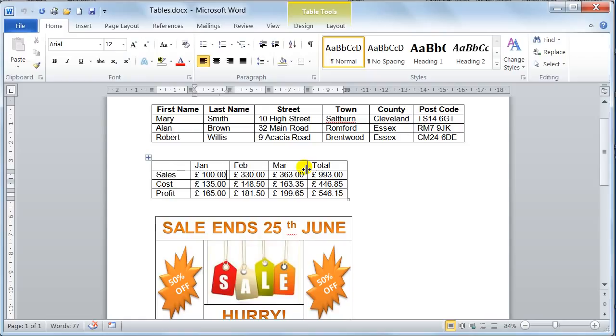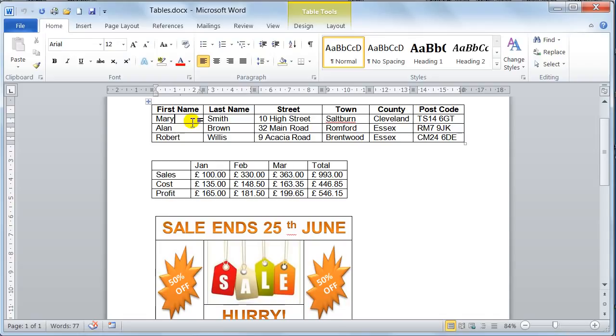This video is going to show you how to insert tables. When you first look at the document that I've got on screen, you'll see three tables. This is the most regularly used purpose of tables. This one here, the top one that I'm currently on, is a table that would store